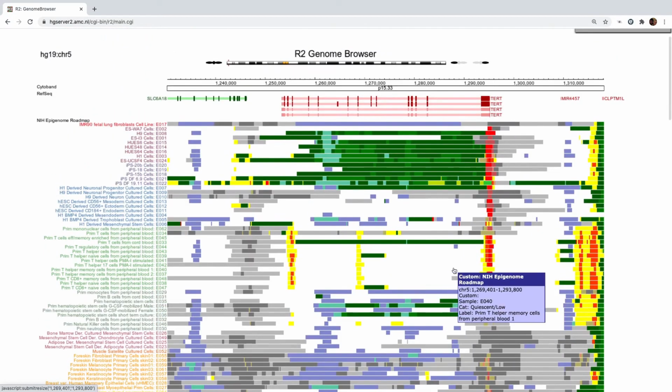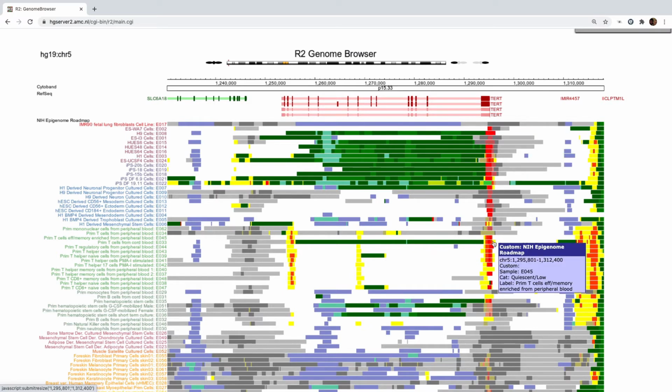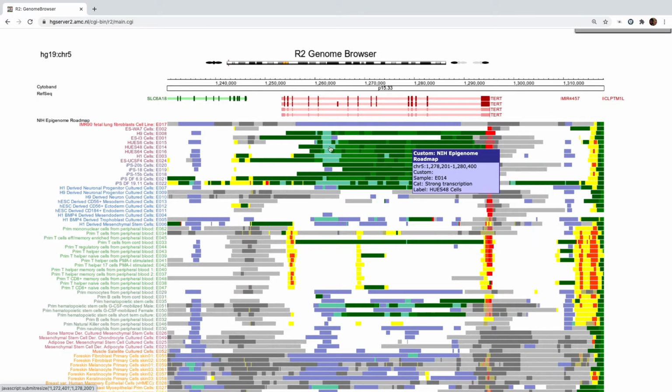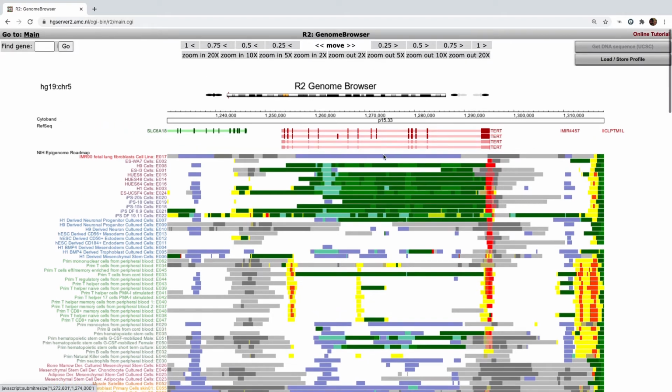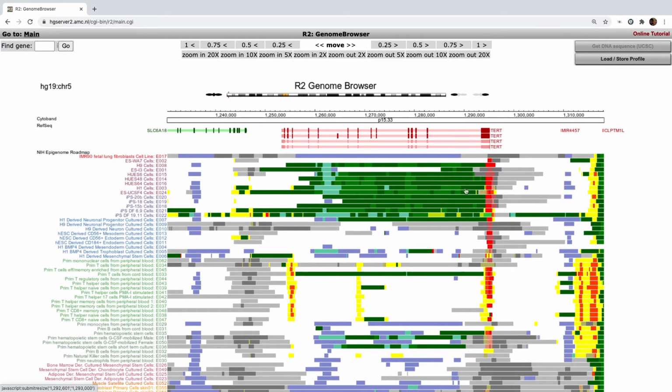So here you see that it's quiescent or low activity, and also a label of the type of tissue that it's in. For instance, here where you see that there is some active transcription, you can see that it is at an active transcription start site, and this is in peripheral blood cells. And here even you do have, in a subset of profiles, active transcription across the TERT gene, where you can see that it actually is occurring in iPS cells or in human embryonal stem cells. So there it's expected that you actually would have active transcription of both the transcription start site and the transcript